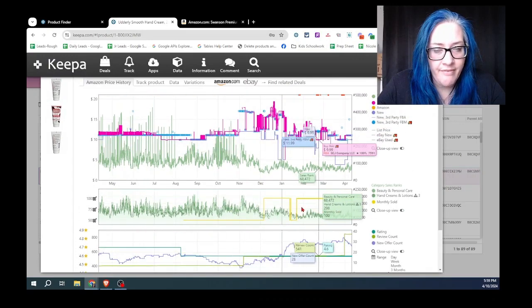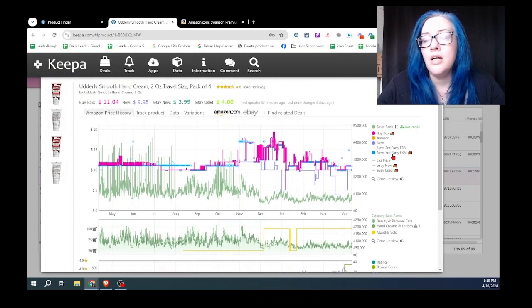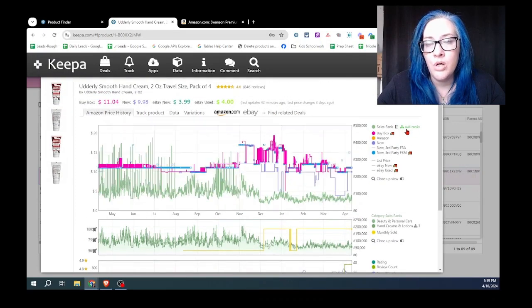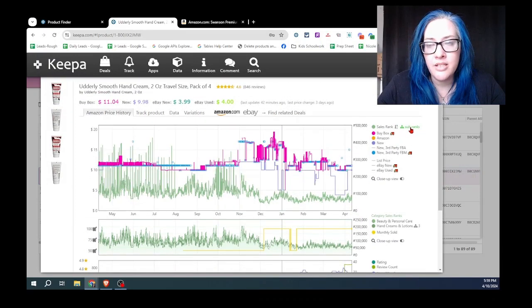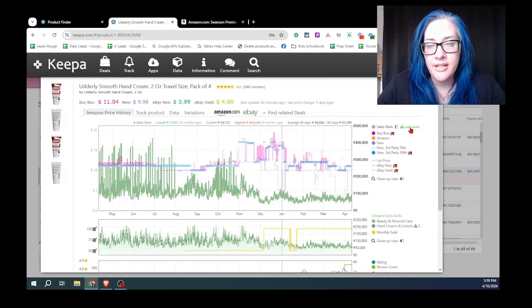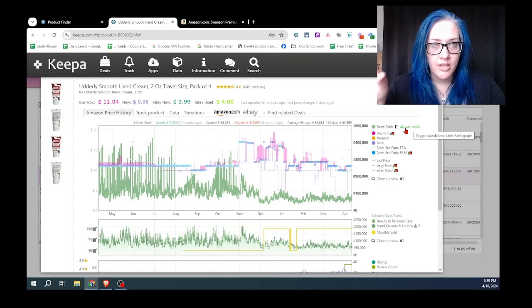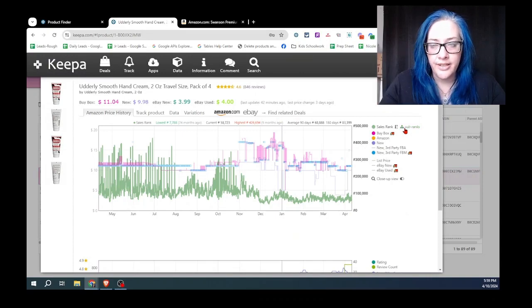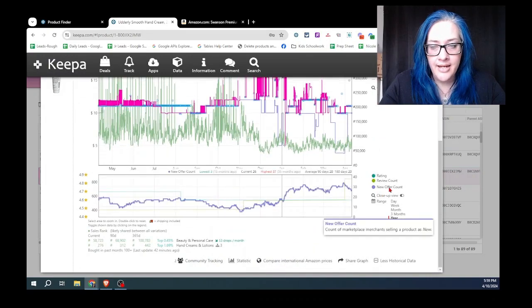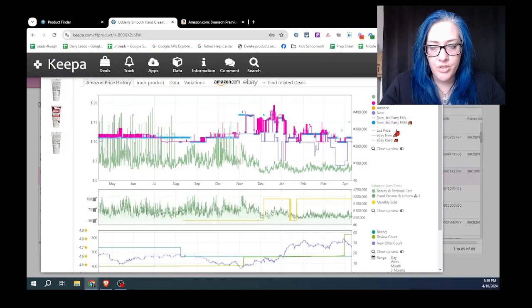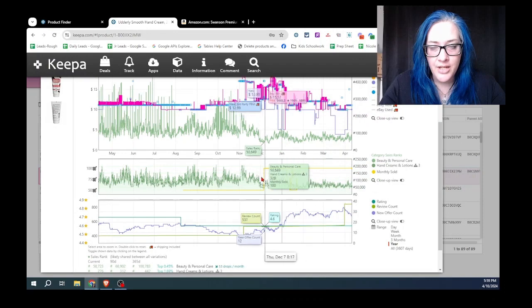Now, if you don't have this middle graph available, just go to where it says subranks here in green, and this is available on the extension also, and you just click on that and it'll either turn it on or turn it off. So if you don't have it, just click that and it'll turn it on, and you can see